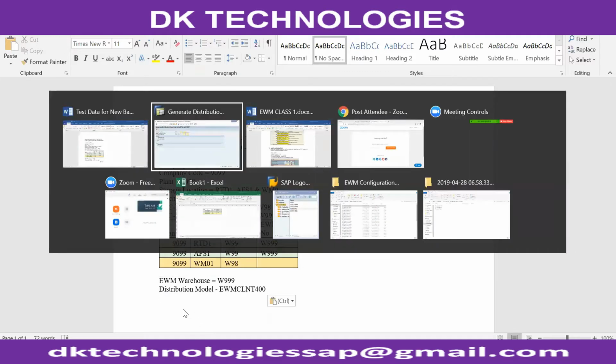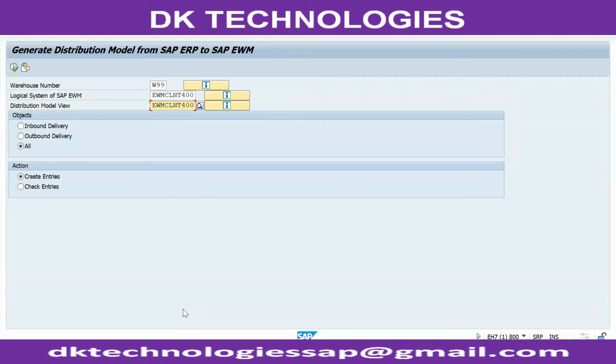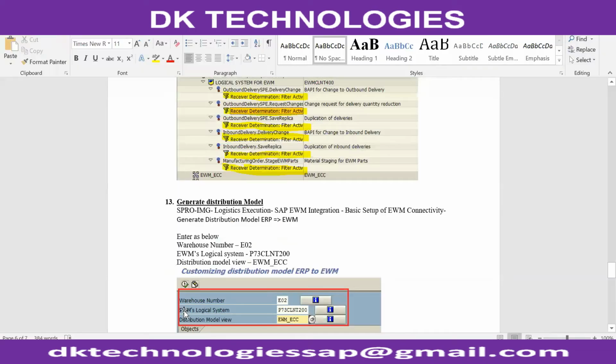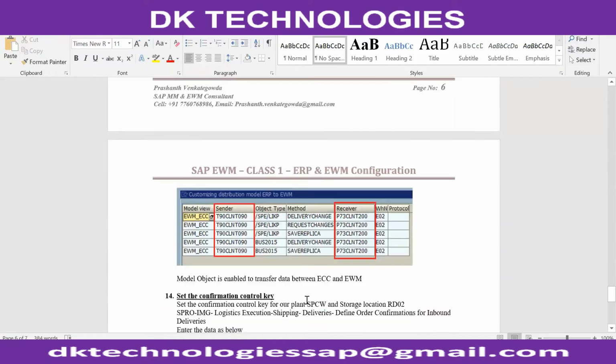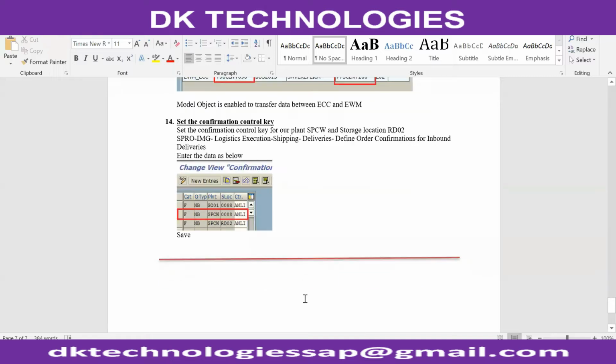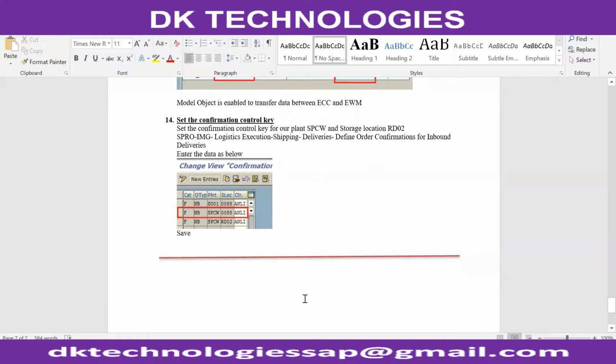Distribution model, the finally last step for ECC connection. Okay, maybe the people who are working in MM may know control key, order confirmation configuration, control key for purchase order.